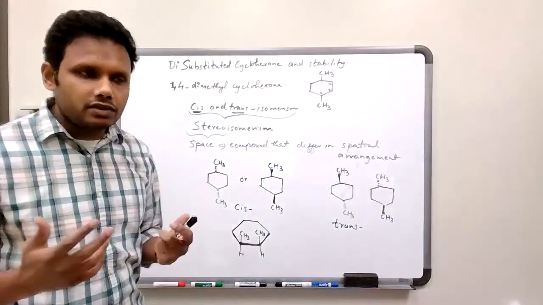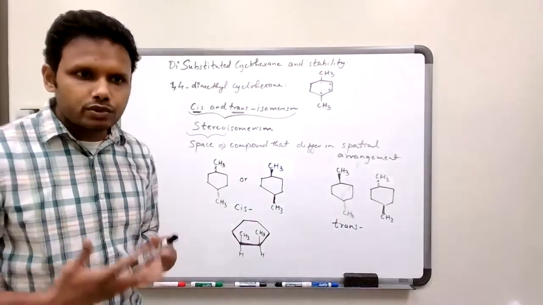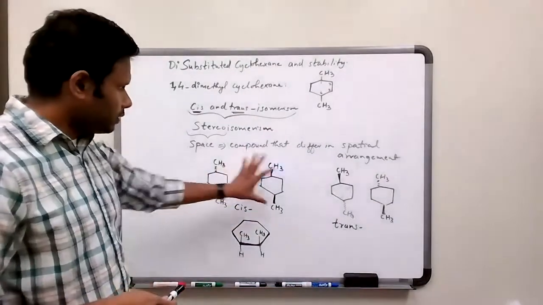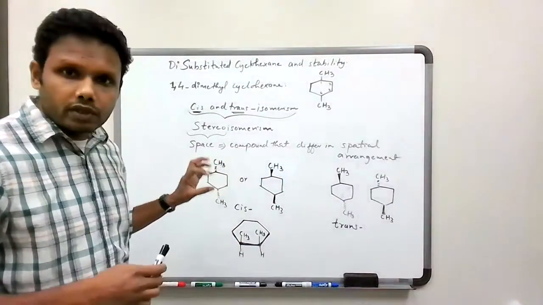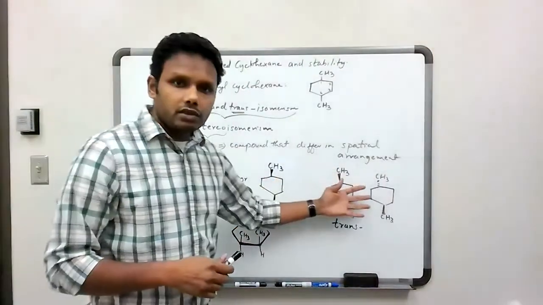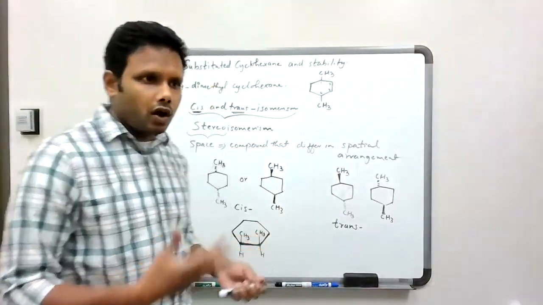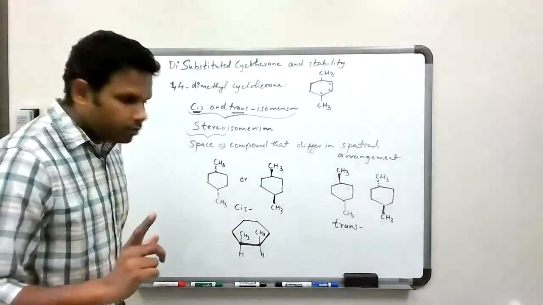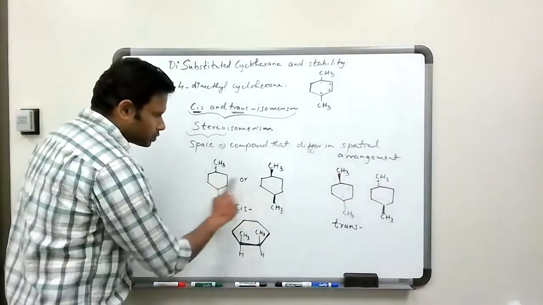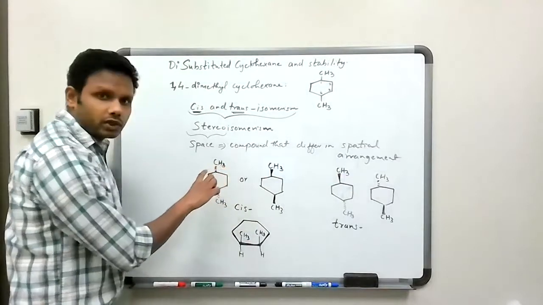How are things oriented, or how are groups oriented in space? In one case, we have groups oriented in the same direction. In the other case, we have groups oriented in the opposite direction. Now, I also want to point out that these two structures, where the two methyl groups are on the dash